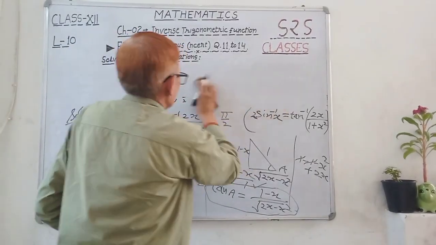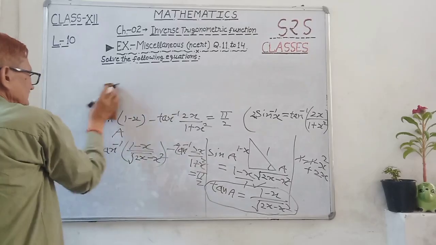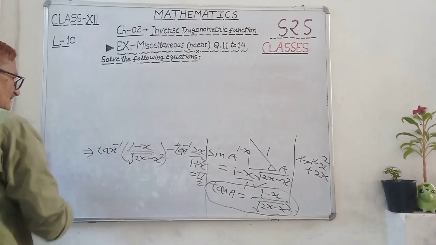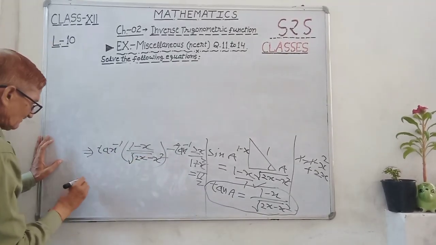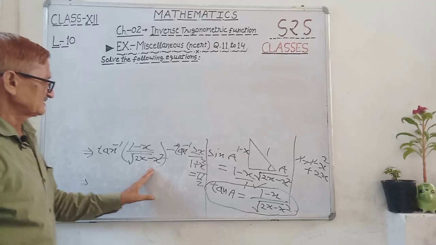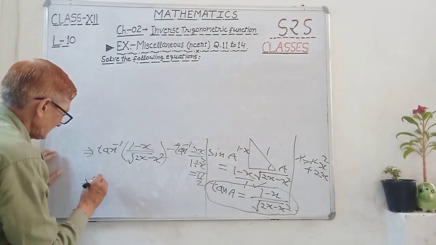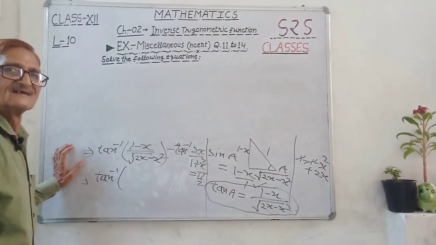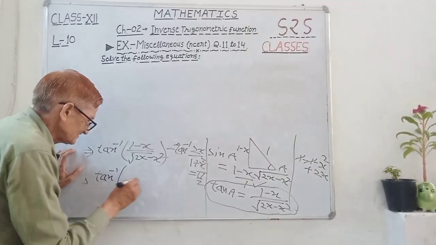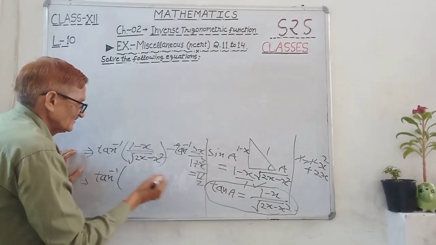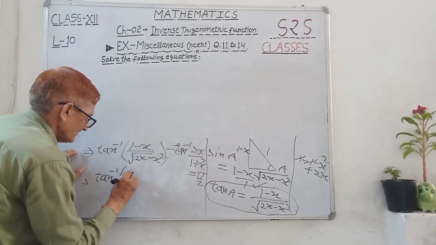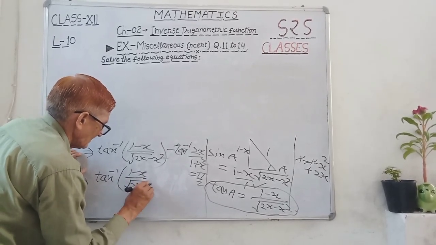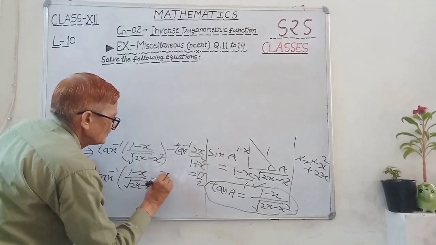What will be the tan inverse formula? Option I have rubbed here. Let's see what it will be. See that, now solve forward, then it will come tan inverse A minus tan inverse B formula. So tan inverse A minus B formula is tan inverse A minus B, that is x minus this, so 1 minus x upon root of 2x minus x square minus 2x